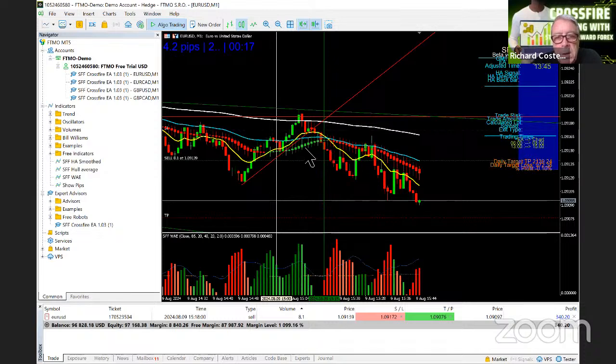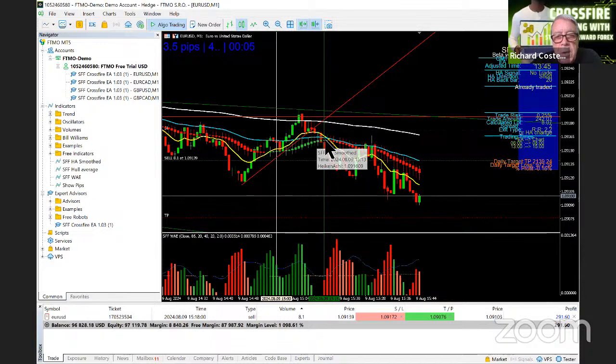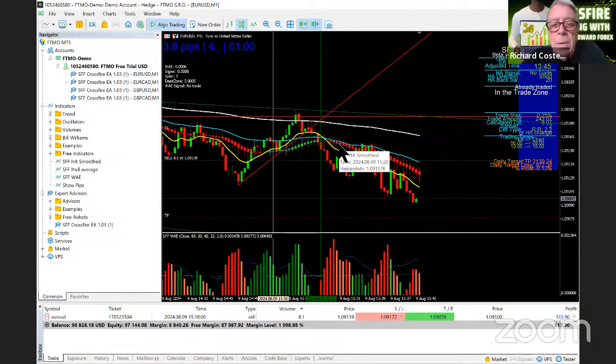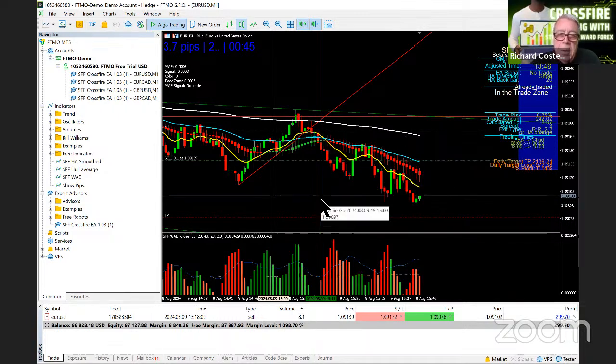So can you see where we had the Heikin-Ashi were red and then they changed to green and then they changed back to red. So that was a point at which the trading assistant got me in for a sell because there was a wave change. We used to call it a wave up, wave down. Well, that was what got me in because I was below the red line. There was a wave down. The moving average was all in the right sequence. And at that point, when it got me in,